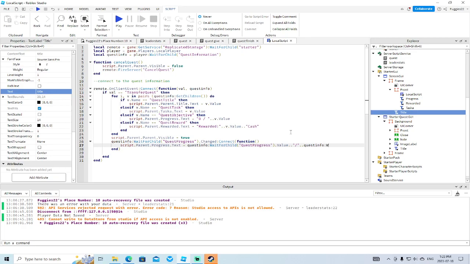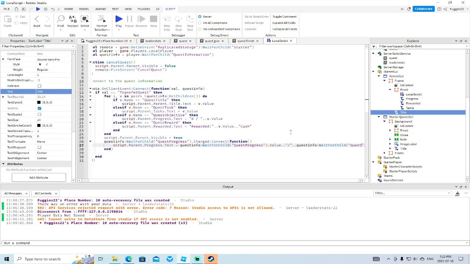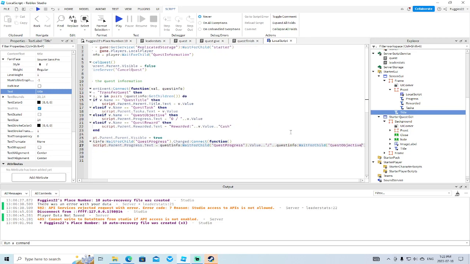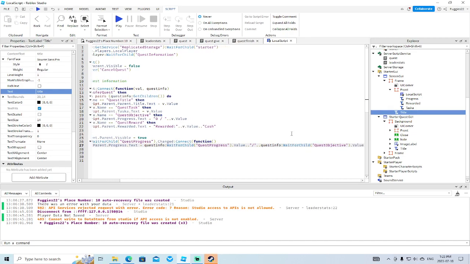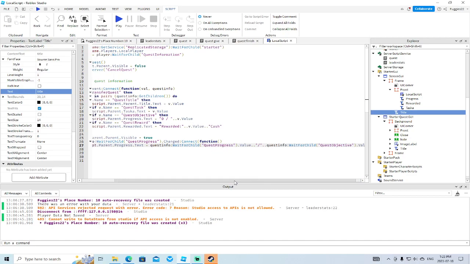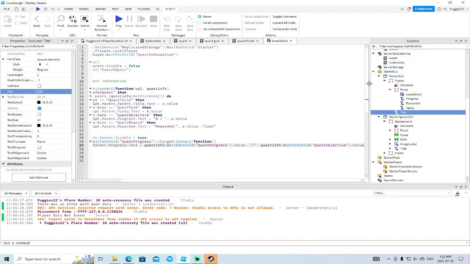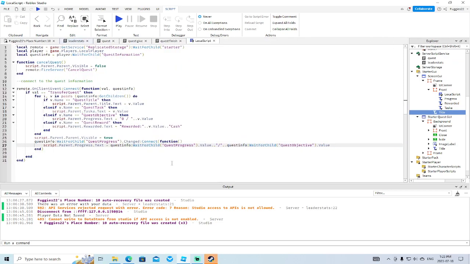That's a big one, eh? Wait for child, quest objective. Alrighty. Dot value. Don't forget the dot value in there. Quest objective. That's a big one, huh? This we don't need. Alright. Then after this end here, we're going to say else if